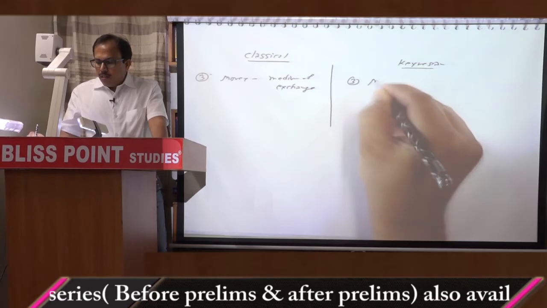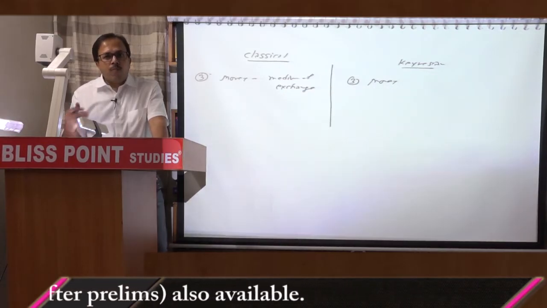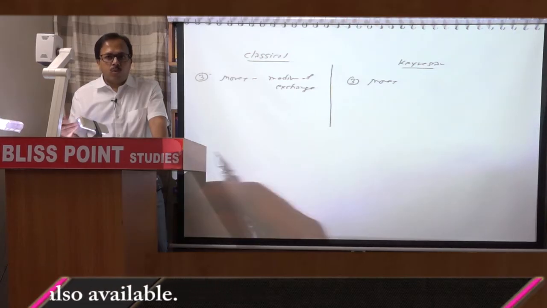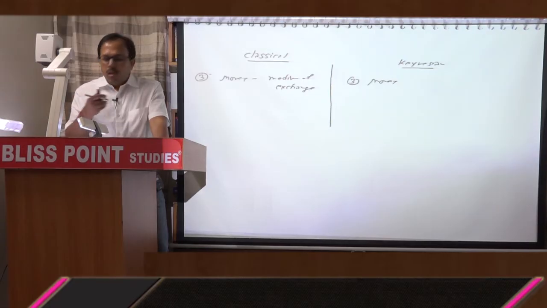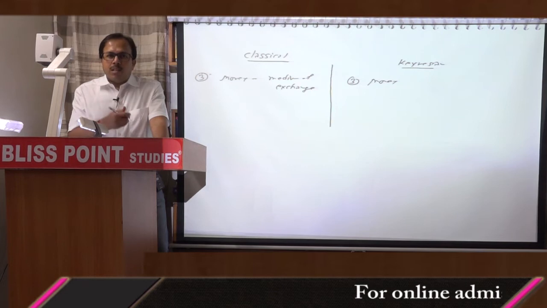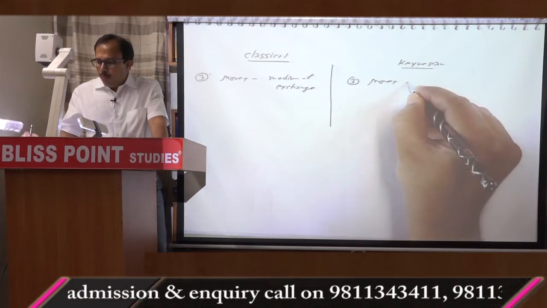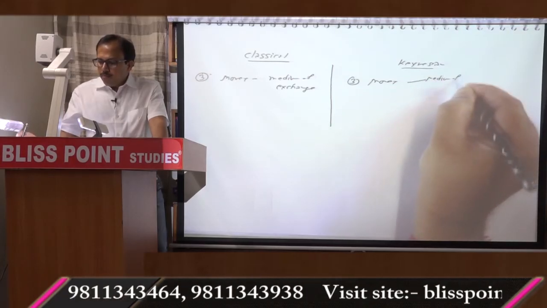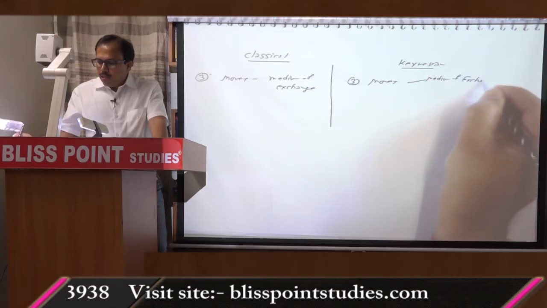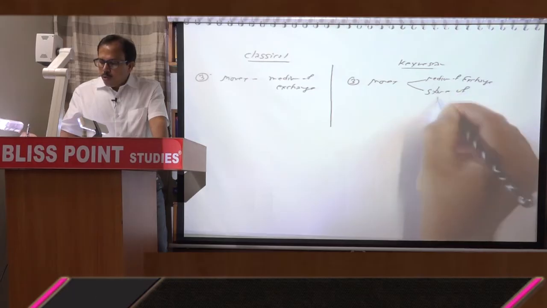Keynes said that money is performing the role of medium of exchange, but it is also performing the role of store of value. So Keynes is not saying that classical is incorrect. Keynes is simply saying that classical were correct partly, they are not correct completely. So in the Keynesian approach, money is acting as a medium of exchange as well as a store of value,